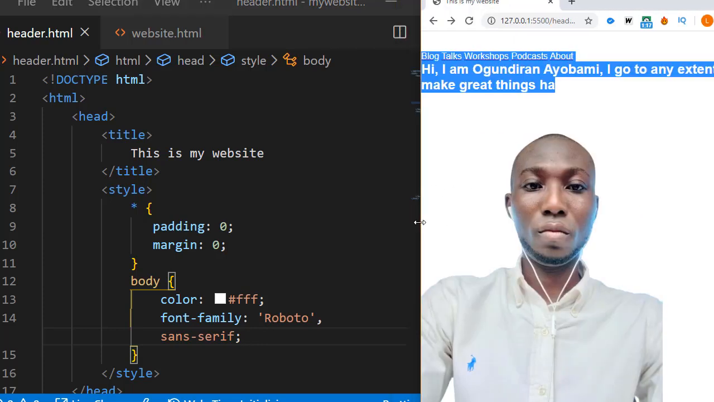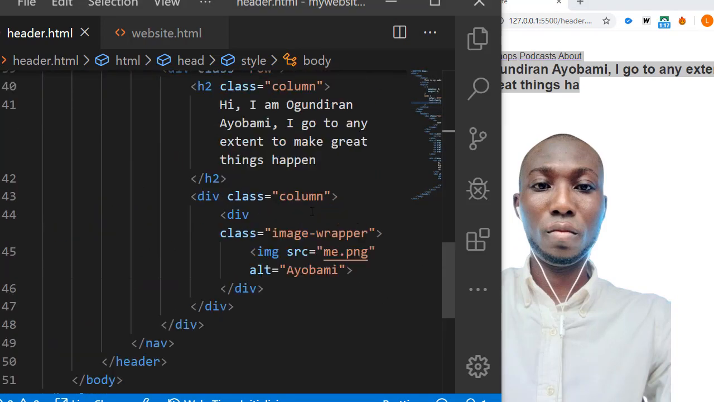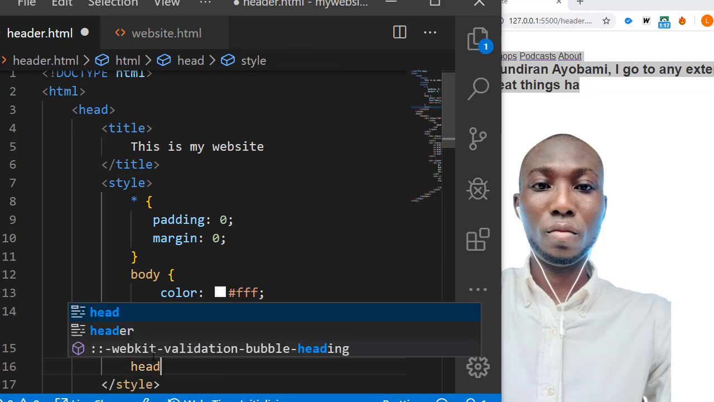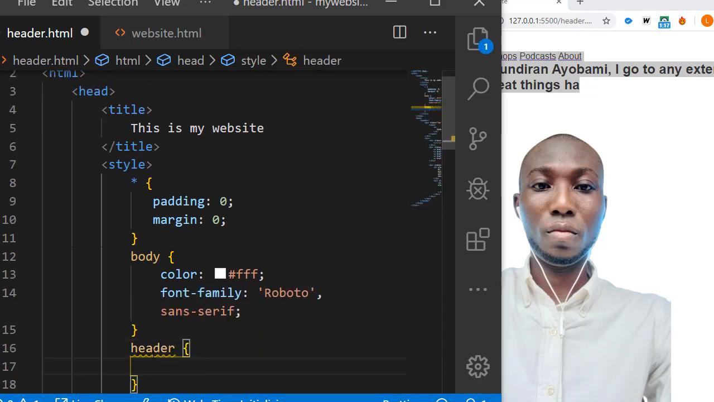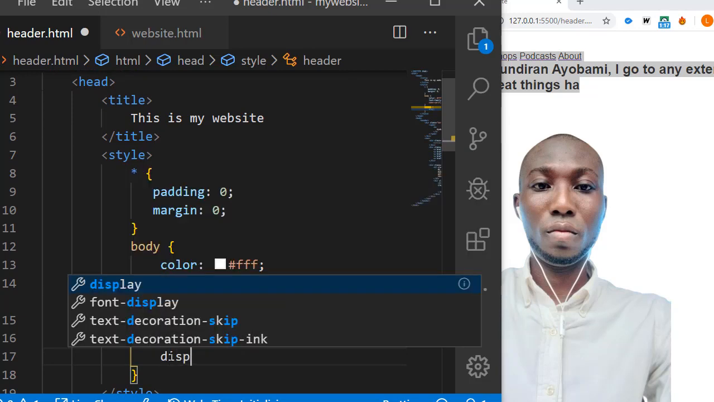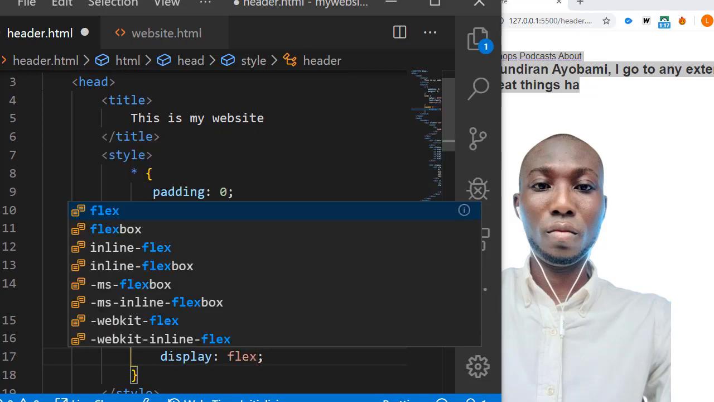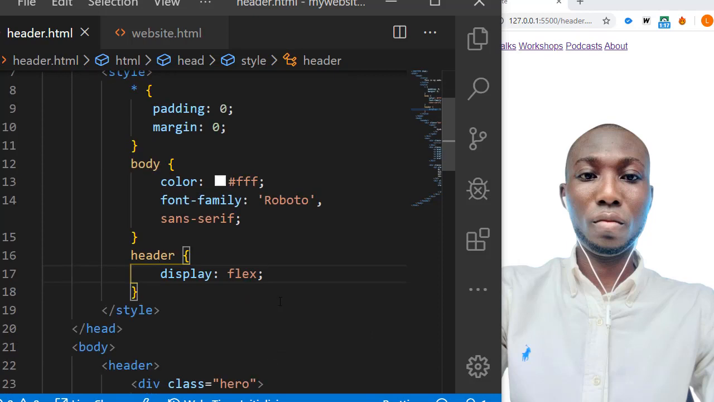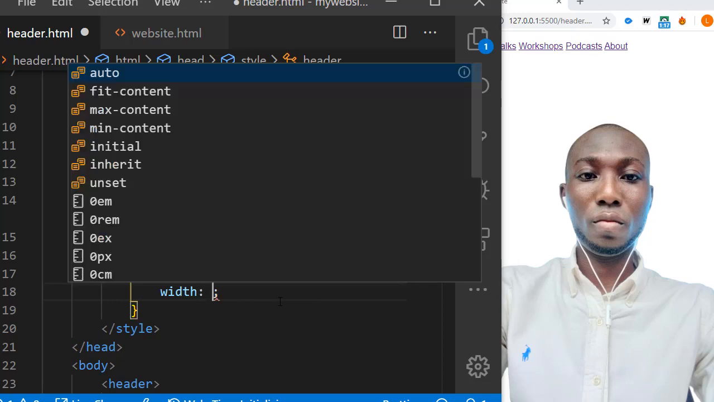Header is also used to select the header tag. That means we are also using header tag again as a selector, which is tag selector, right? We set its display property to flex to make it responsive, to be mobile friendly. When you set value of display property to flex, you want to make it responsive or scalable. You get that? So that it will be mobile friendly. And we set its width to